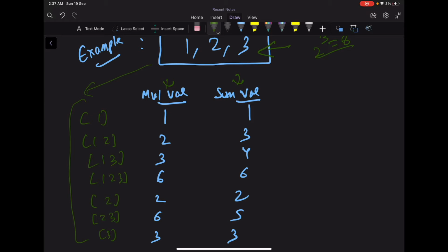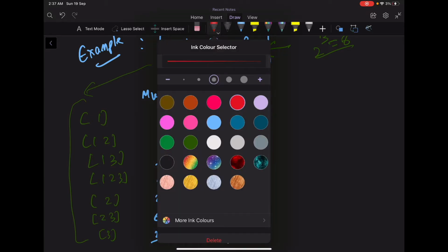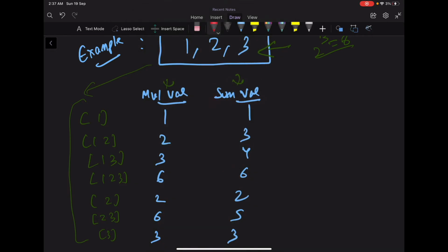So let's try to find how many different x values can we find here, for which both a subset whose multiplication is equal to that and a subset whose sum is equal to that. Okay, so one can be this, 2 can be an answer, 3, 6. Okay, so these are the 4 distinct values. So the answer is 4.